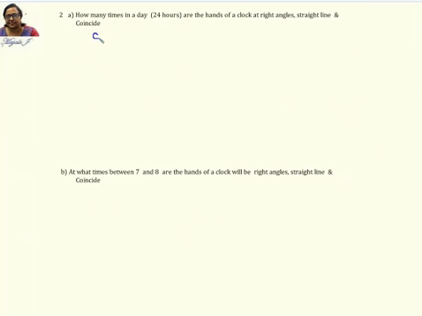65. The coinciding time is something you always have to remember in the clock: 65 5 by 11 minutes, which we derived yesterday. That is after 1 hour. So 1 hour is 60 minutes, and then you put 0 as the angle between them when they coincide with each other. So after 1 hour, 1 will be coming here, but we don't know the minutes. So you're going to have this. From this, you can find out that the minutes is nothing but 5 by 11. So it's going to be 65 5 by 11 minutes.